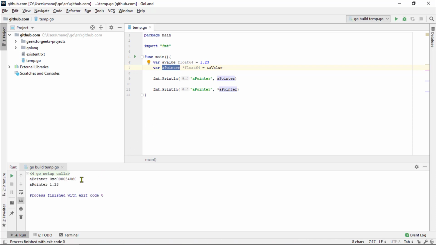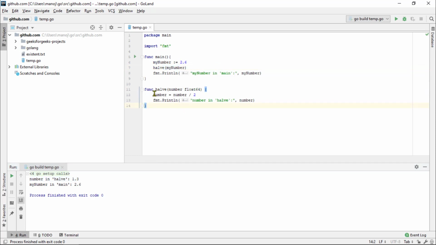by the pointer. There are a couple of circumstances where it's better to use a pointer than using a value directly. The first is a function that needs to alter its arguments in some way. Function arguments in Go are passed by value. The function always receives a copy of the value that's being passed in. So if a function needs to alter the value it receives in some way, it will be altering the copy and not the original. For example, here we have a half function that is supposed to cut the argument it receives